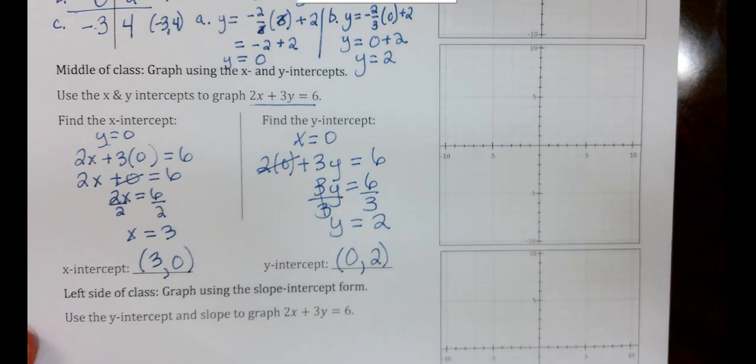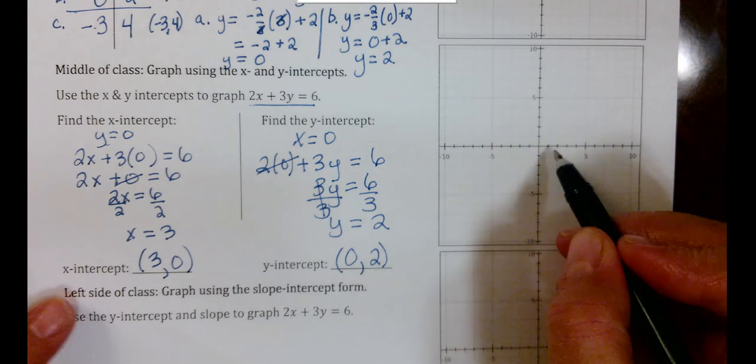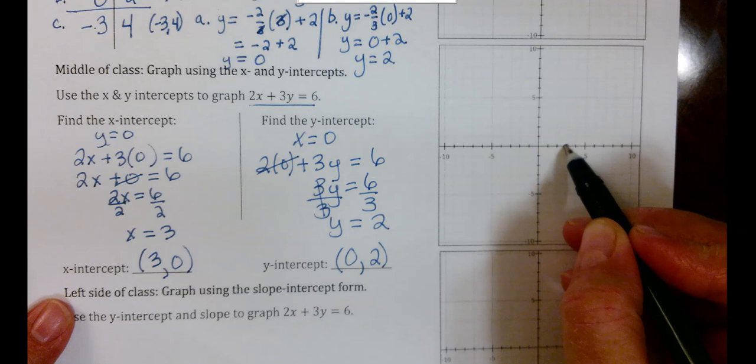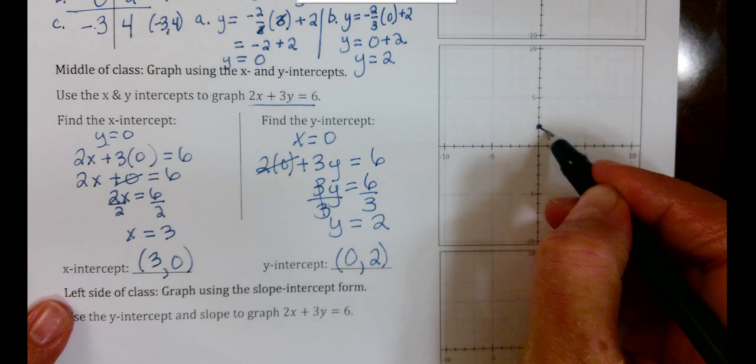Okay? So again, we only need 2 points technically to graph a line, and you will have some problems on MyMathLab that will require you to use the X and Y intercept. Make sure you are actually using the X and Y intercept points. You may have the correct line, but not the correct points they ask for, so read the fine print carefully. Let's graph these 2 points and see. So (3, 0) and (0, 2). Connect the dots,